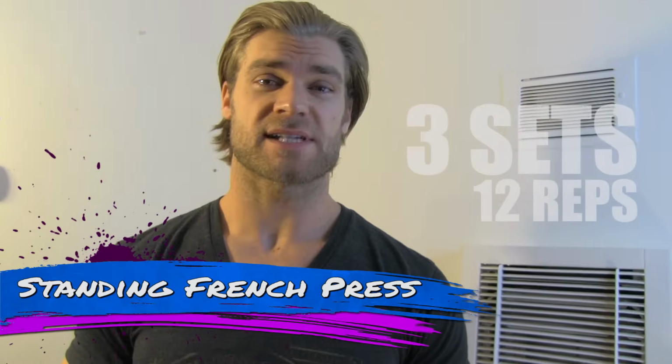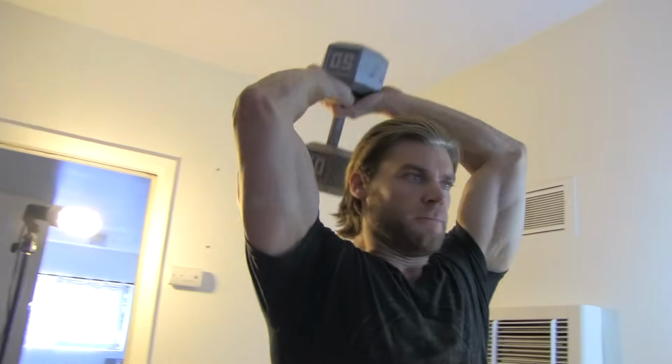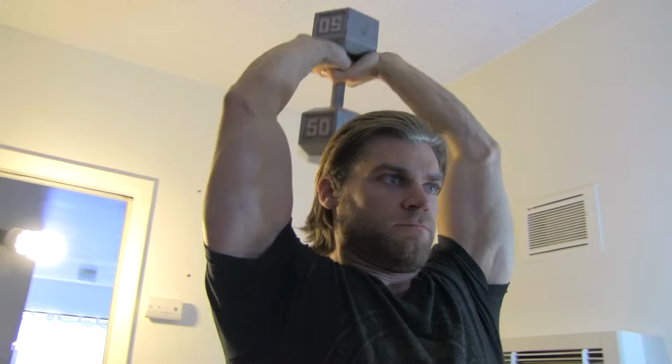Moving on to the standing French press. What you want to do with this exercise is stand about shoulder width apart in the feet, grab the dumbbell and actually swing it right behind the neck. Your elbows are going to run tight to your body and you're actually going to focus on the stretch. So what you do is let that dumbbell pull on those triceps, keeping those elbows nice and tight, and then